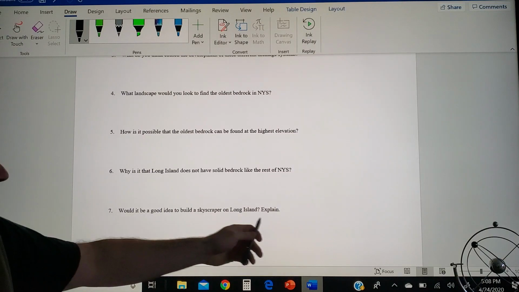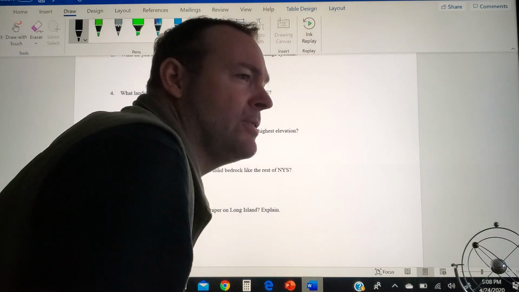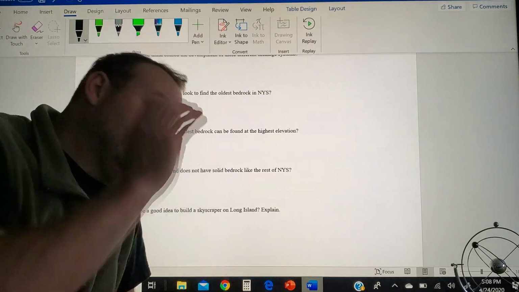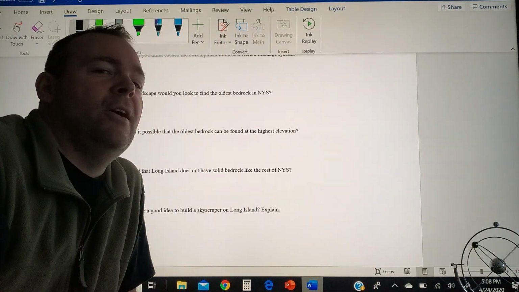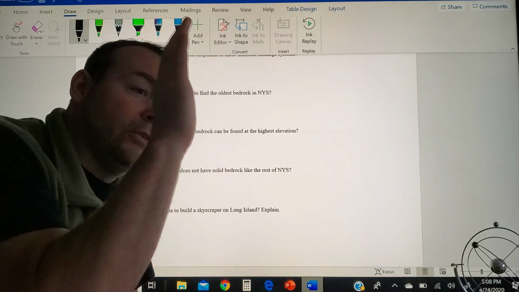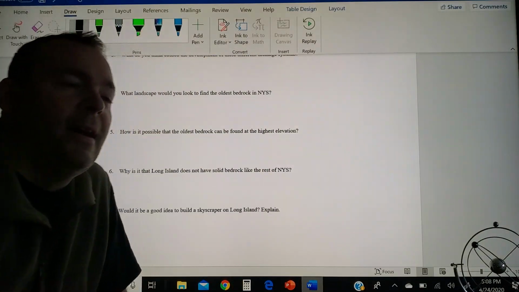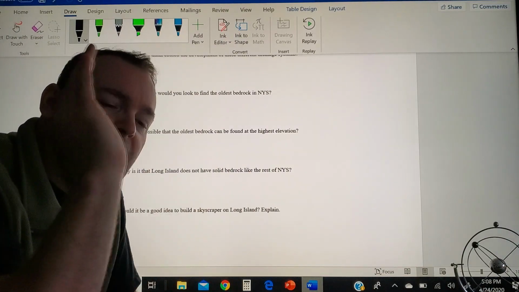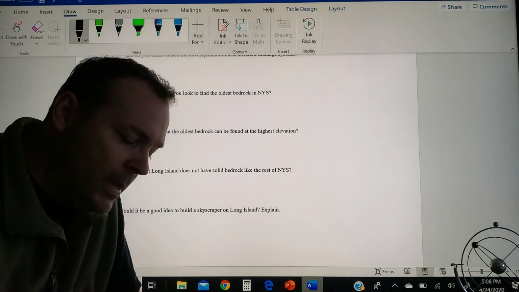Would it be a good idea to build a skyscraper on Long Island? Well, you guys know the story of the Leaning Tower of Pisa, right? They tried to build that tall building a while back on very loose sediments, and of course it starts to lean. Same thing on Long Island. If you tried to build a very tall skyscraper, you would get that leaning effect because you're not anchored in